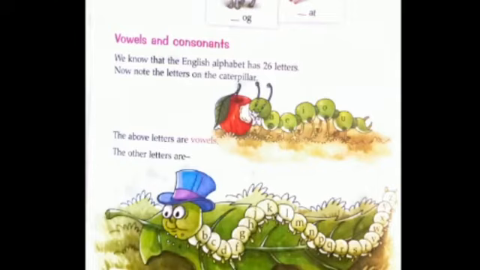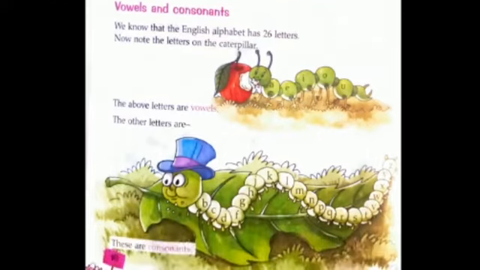So as we know that there are 26 letters in the alphabet, 5 are special vowels, then the remaining 21 letters are known as consonants, right? You can see the pictures. Okay, look at here, you can see the caterpillar, B, C, D, F, G, H, J, K, L, M, N, P, Q, R, S, T, V, W, X, Y, and Z are the consonants. Okay, so